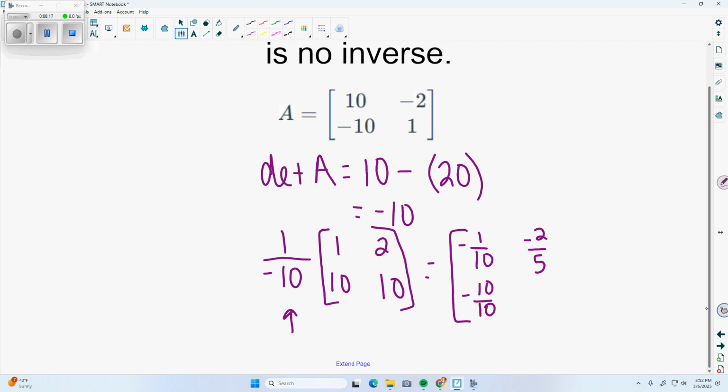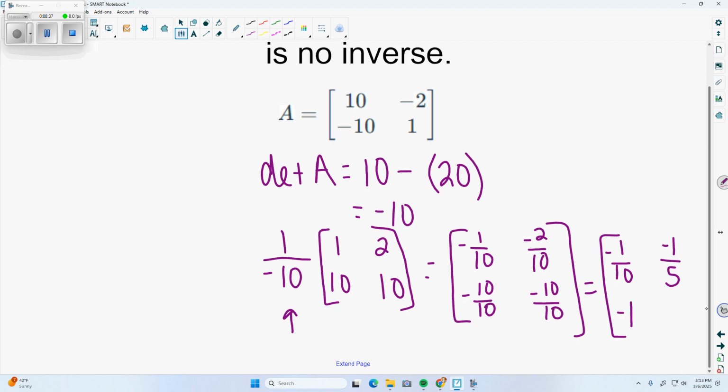You can clean up at the same time, or take another step and clean it up. Let's see, doesn't reduce there. 2 over, I was trying to reduce, that should be a 10, I apologize. Negative 1/5 then, that reduces down to negative 1,